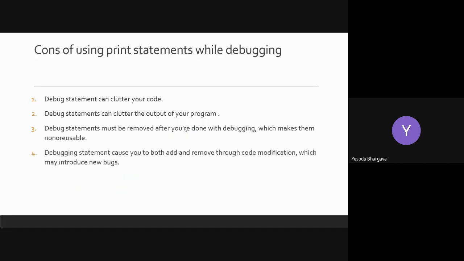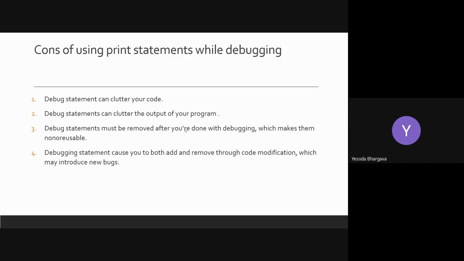Moving forward, although print statements are useful, there are certain cons of using print statements, especially when the program is quite big. Debugging statements can quickly clutter up your code. So one important thing to remember is that suppose you start out with printing something, and then you run it and you have compiled, and now you have been able to identify what that printing statement was telling you, and based on that you modify your code. So once the purpose of that printing statement is over, you can remove that printing statement.